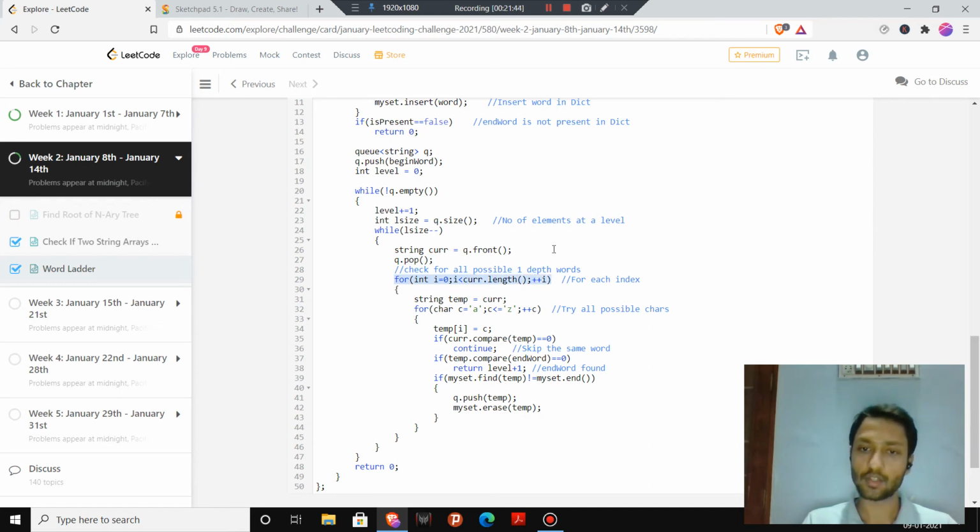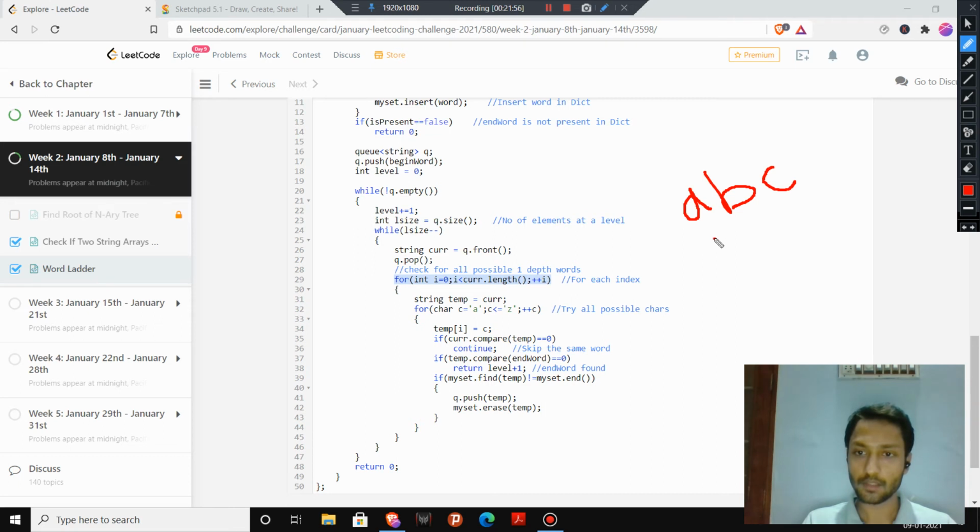So assume that our word was of length 3: A, B and C. Okay, so I will iterate over this word, and it will iteratively change this letter from this position from A to Z. Okay, and it will look for the word in the word list.